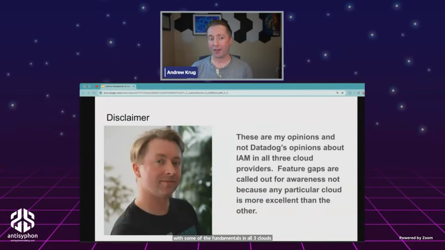And I think this talk is exciting. I had a lot of fun putting it together because I've never seen anybody compare the various capabilities and potential pitfalls across all of the cloud providers. Now, notably, I might get something wrong. I have been a practitioner in AWS and GCP. I have never run a production environment in Azure, so I had to do a fair bit of research and lean on folks in my community to answer some questions.